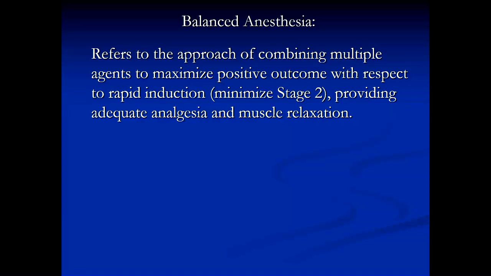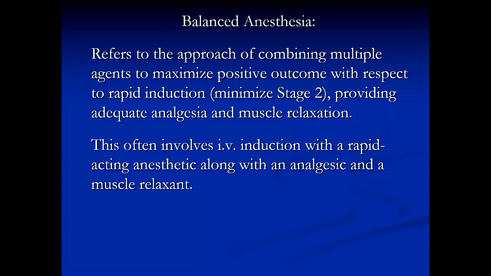So we want to have a rapid induction, and minimize the stage 2 hyperexcitability phase that I mentioned. You want to provide adequate analgesia, and relaxation of muscle tissue in the area involved in the procedure being performed. So this is often going to involve a combination of these different agents that would be used in a typical controlled surgical environment, where we're using some agents to induce anesthesia, and other agents like anxiolytic drugs,